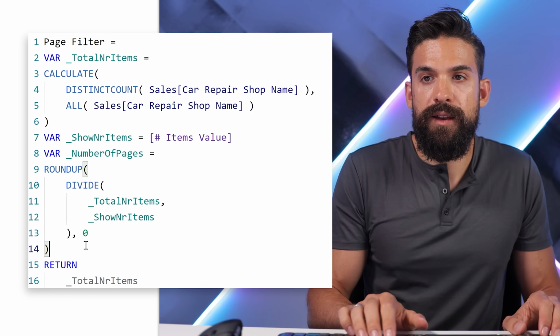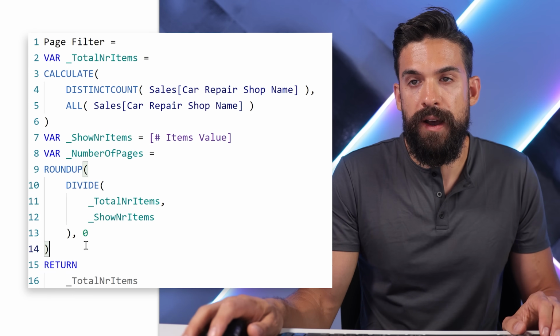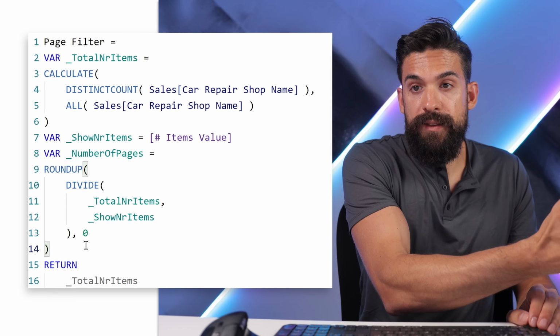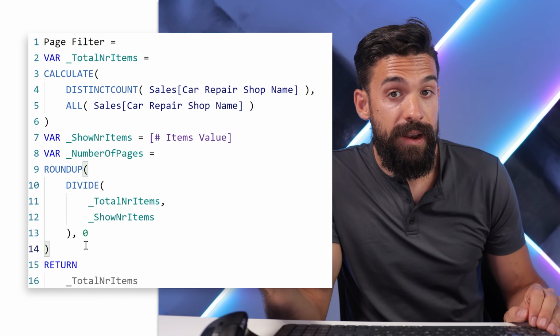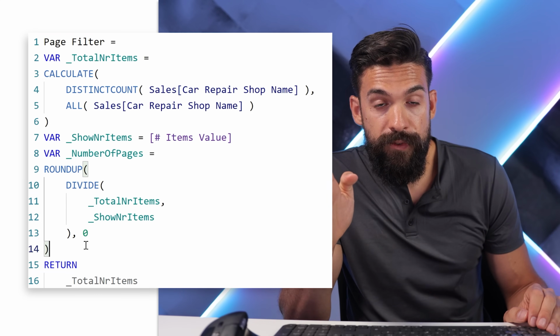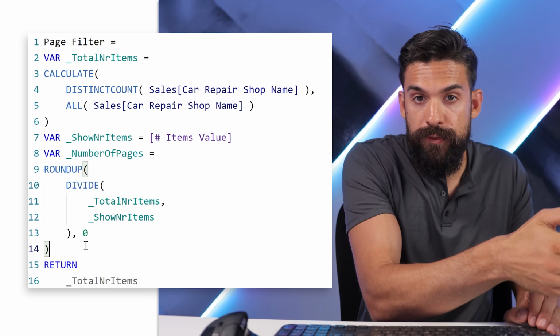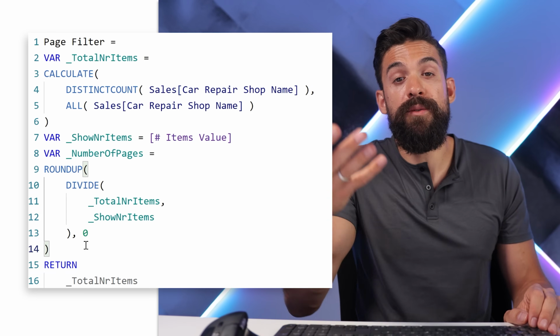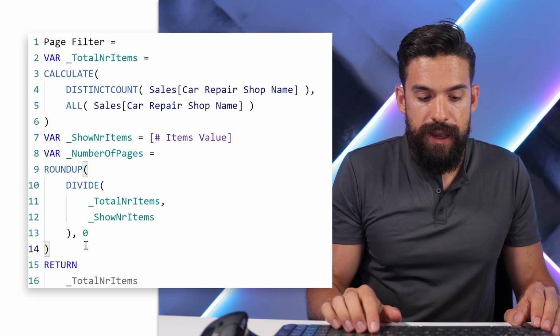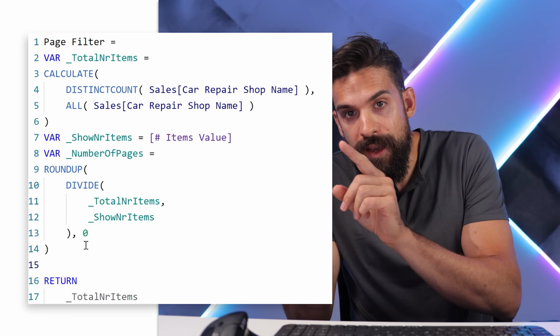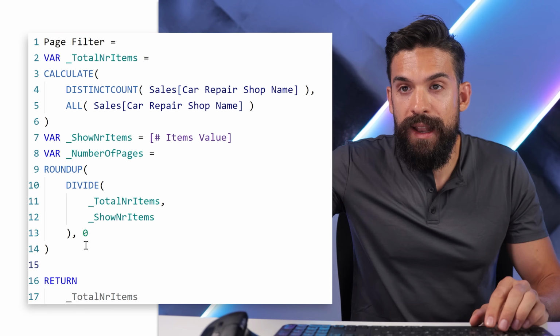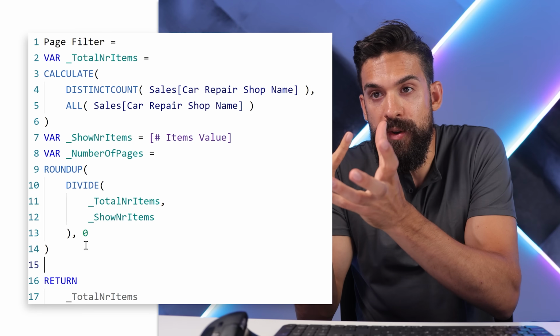And then we can close that ROUNDUP function. So in our case, if we have 84 items and the user wants to see 10 items per page, we have 84 divided by 10 is 8.4, rounded up, then we get 9 pages. Now this is almost what we want, because the last thing that we need is